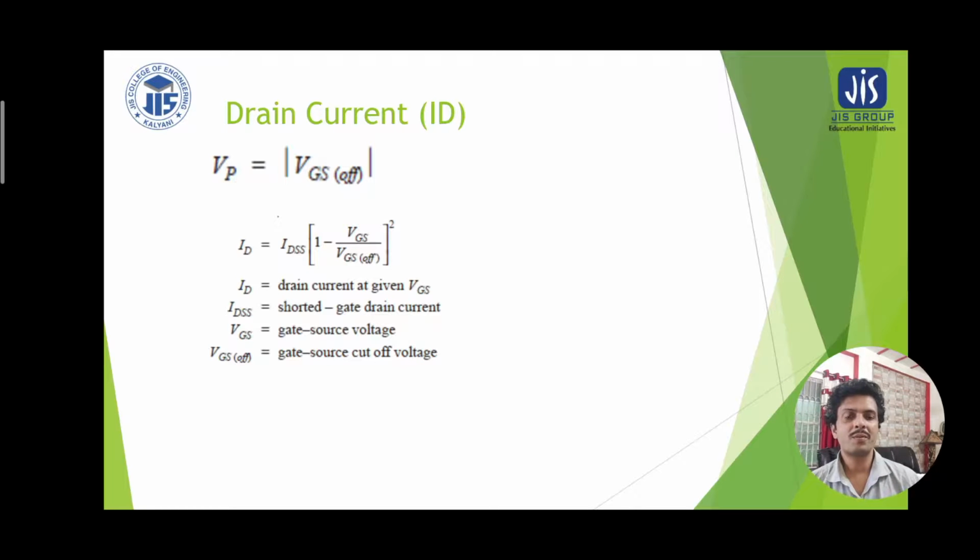So this equation is very much important to find out the characteristics of the field effect transistor at its output, that is drain to source voltage versus drain current. When we plot, we need these parameters, that is drain to source saturation current, as well as the pinch off voltage. And this equation is helpful to find out the transfer characteristics of field effect transistor, where the x-axis is gate to source voltage and the y-axis is the drain to source saturation current.